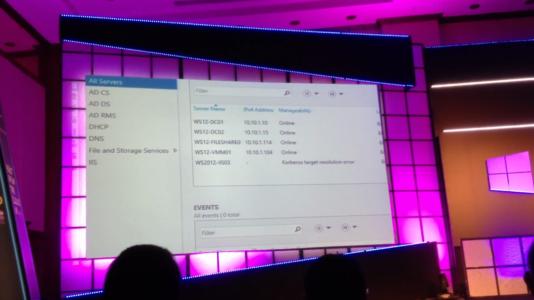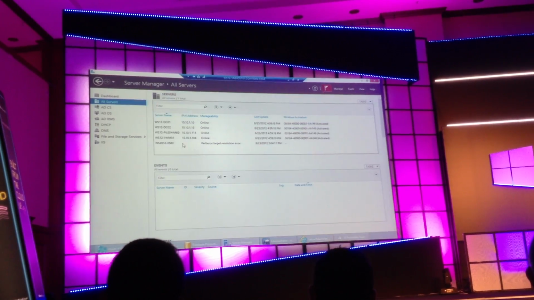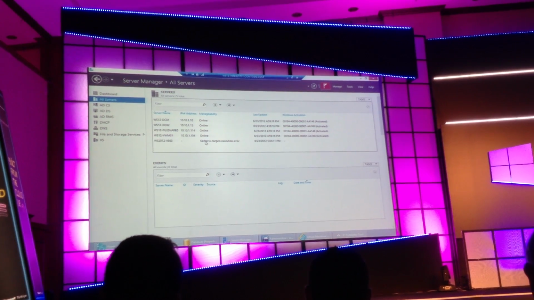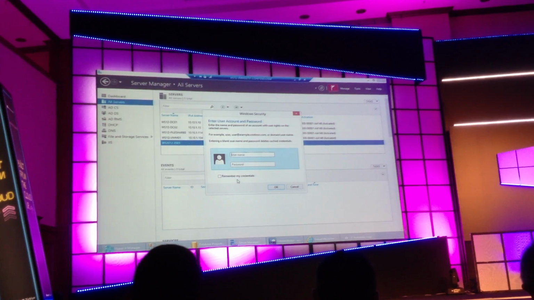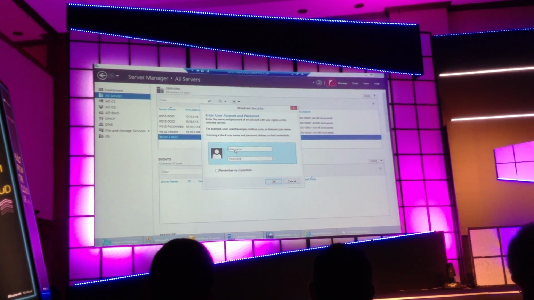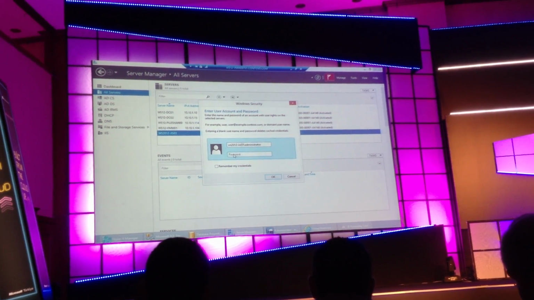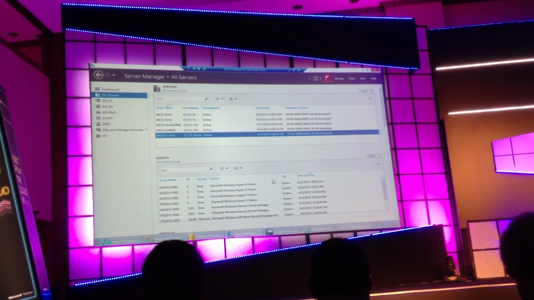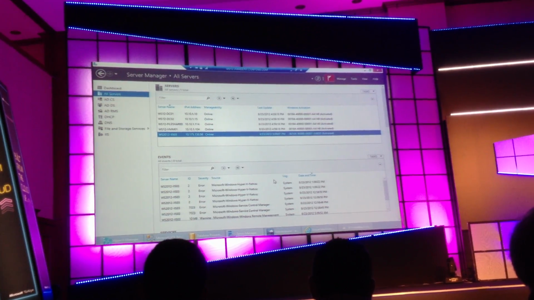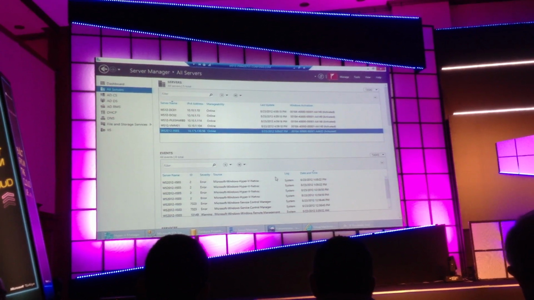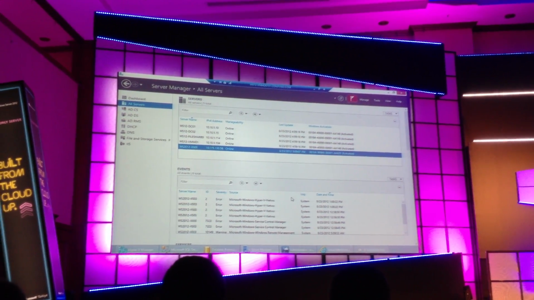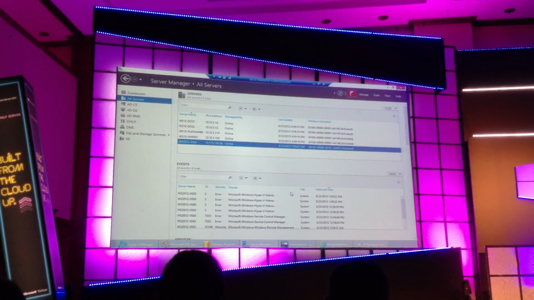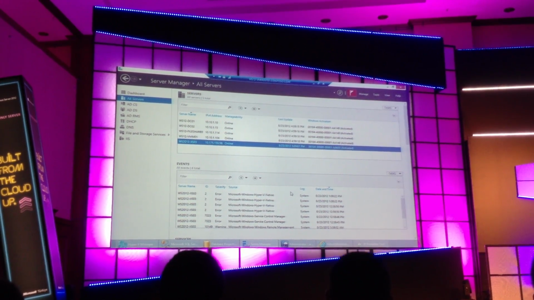But not quite. One more step to perform. Because this isn't joined to our domain, we need to add some credentials so that we can manage it effectively from here. So I'll add some domain credentials and click OK. And it will go and gather all of the relevant information, all of the relevant features and capabilities of that particular image, and will allow us to manage it more effectively going forward from our on-premise